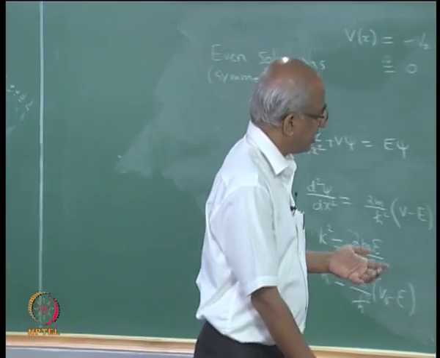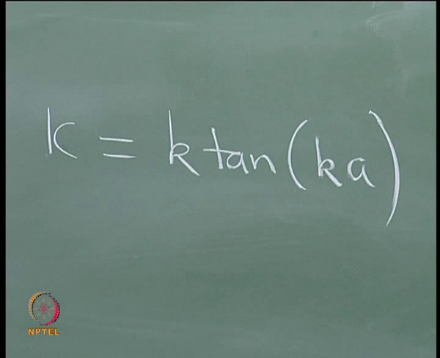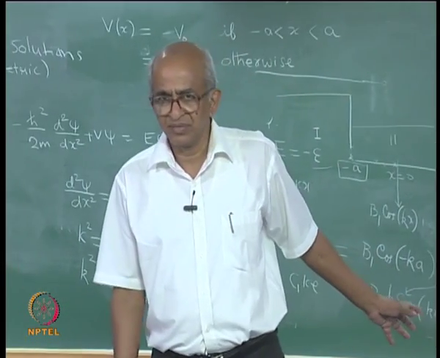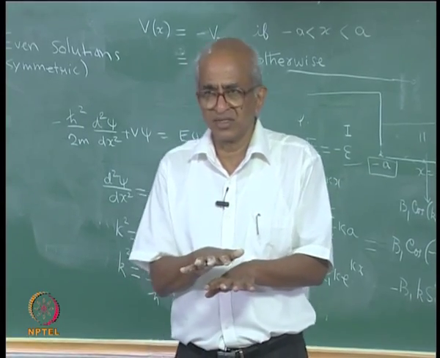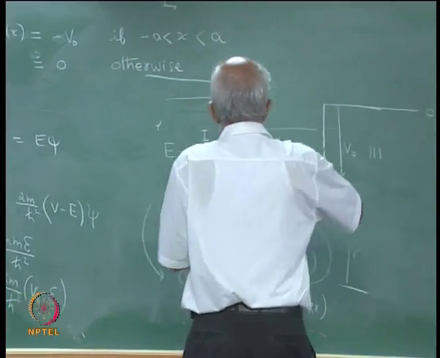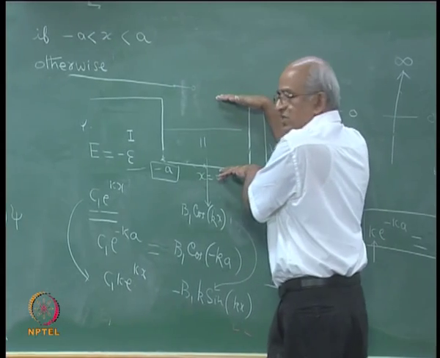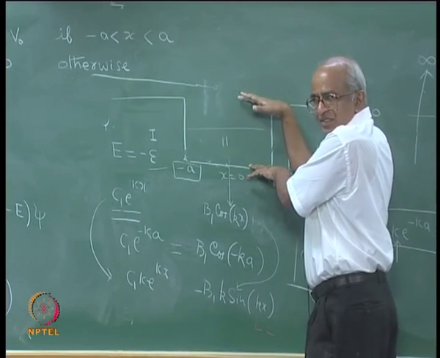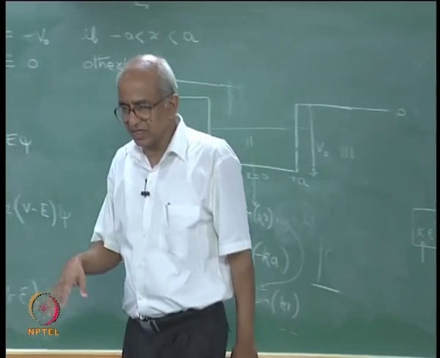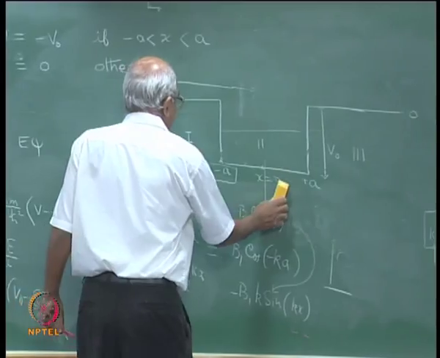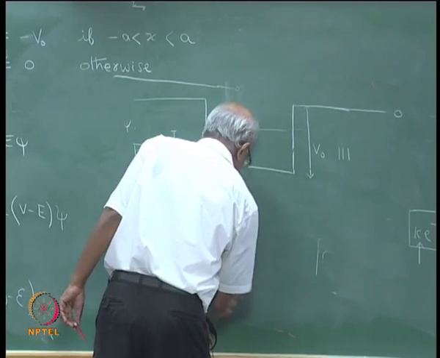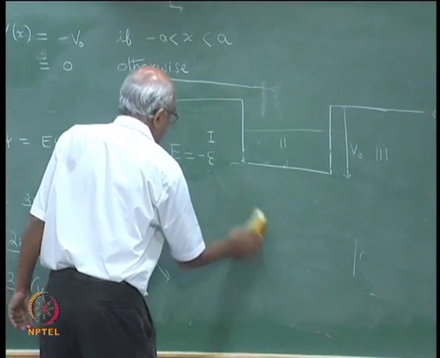In fact, what one can adopt is a graphical solution of this equation. I will tell you how this equation may be solved graphically, and you can get very interesting results. But before I close, let me just tell you what actually is the final result. The final result is that it is not possible for the particle within this potential well to have any energy. There are only certain allowed energy levels that it can have, and maybe I can represent these allowed energy levels in this same picture. This is what we will discuss in the next lecture.